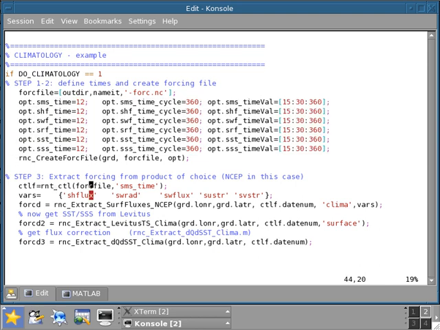The second step is to actually extract the product of choice, in this case the NCEP reanalysis. The way I do this is first I create a CTL, a control array for the forcing file. I just do RNT CTL, the forcing file, and the name of the time variable. In this case I use SMS time, and since the time variable is the same everywhere, it doesn't really matter. Then I write down here the variables that I want to extract from the NCEP reanalysis, and in this case I want to extract basically the surface heat flux, the solar radiation, the surface freshwater flux, SUSTR and SVSTR, and then I just run